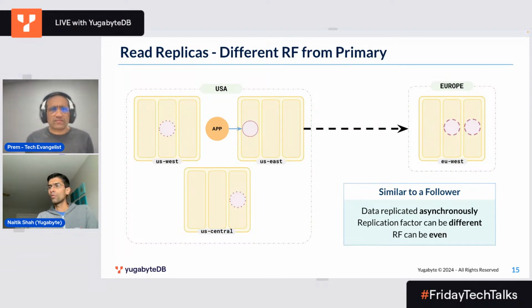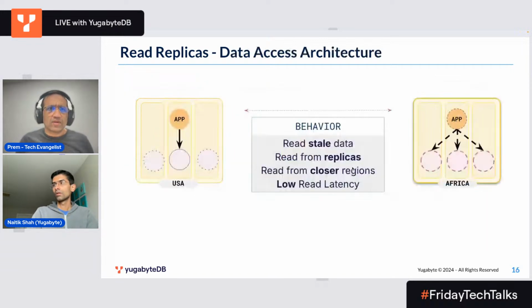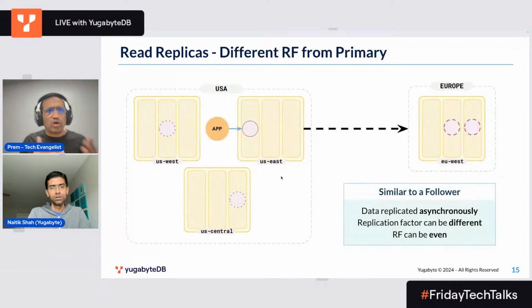And one thing I want to highlight again, since this is async, there is a possibility that you might be reading stale data, right? Slightly stale data when you're trying to read it from the read replicas. Reading from read replicas is very, very similar to reading from followers that Naitik explained earlier. It's the same setting, YB read from followers equal to true, and then you have to set the transaction